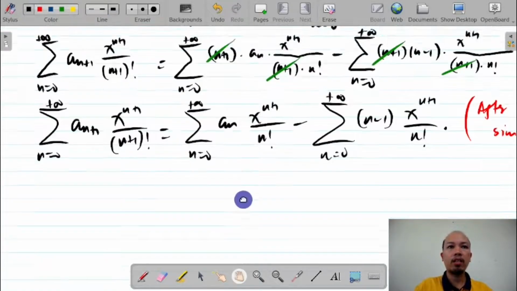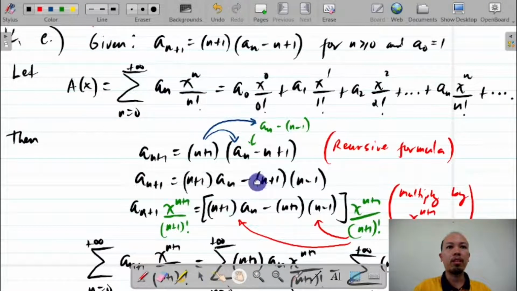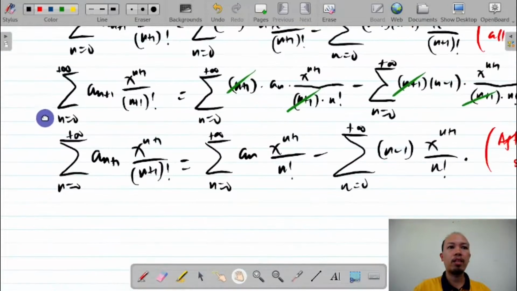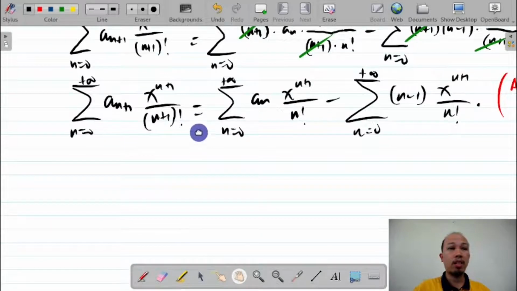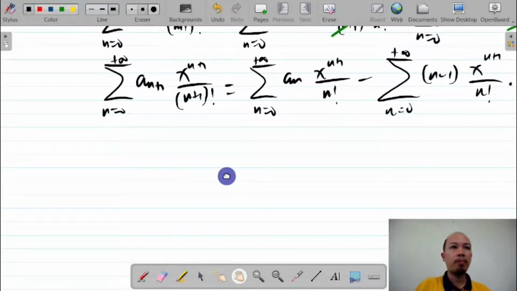Notice that our a of x is in this form. So this is our a of x. Okay, this is our a of x. So please note that. So we will use that expression to substitute to this last equation. So note that the left hand side, this one here, left hand side,